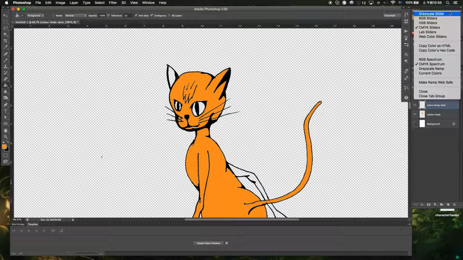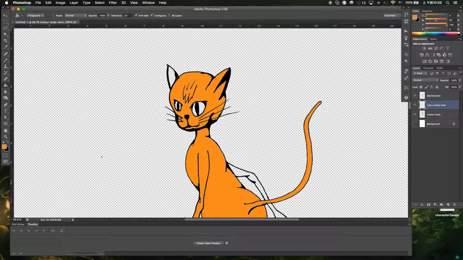In this little drop down you might have it set to RGB, which is red, green, blue, but we only use that for on the computer. We're designing for print. We're going to print these, so we want it to be CMYK. I'm just going to drag this little K slider and add a bit more black to my orange to make it slightly darker. Then I'm going to go back to my character layer, get my magic wand tool,